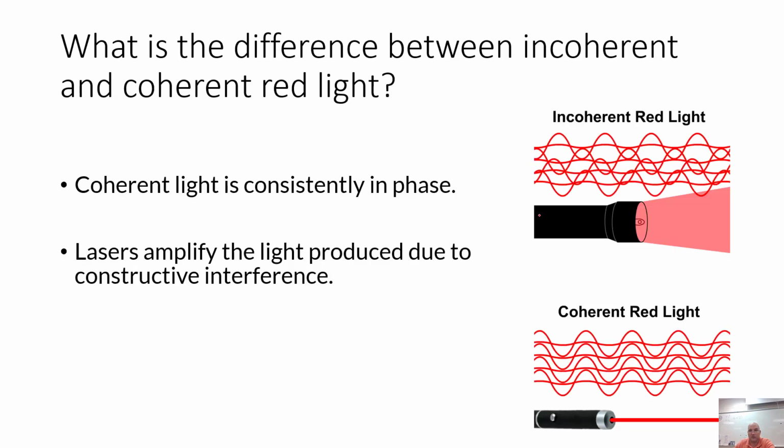Let's take a look at this slide. It could be incoherent, so it's red because of the wavelengths being the same. But if you use a special device like a laser, you're amplifying that red light because you have those waves all in phase. That's going to be different. The laser will do that using a crystal and a power source to create that wavelength that's coming in all lined up like that, all amplified, and therefore a laser will produce a much more powerful light.